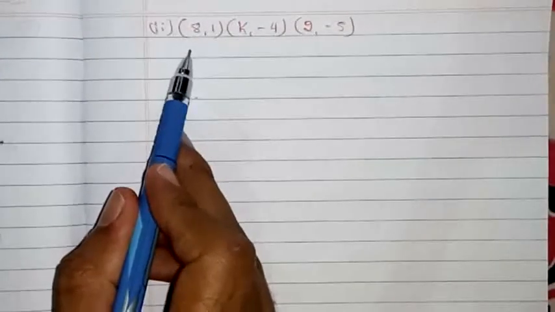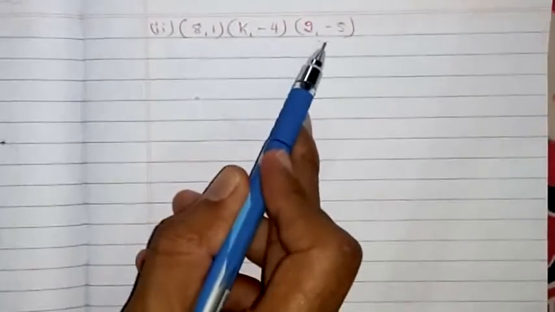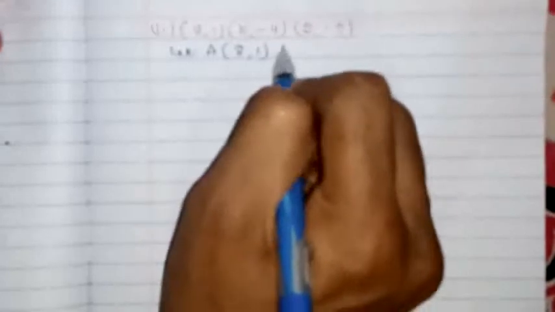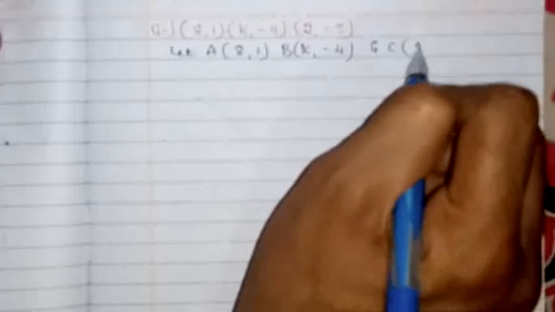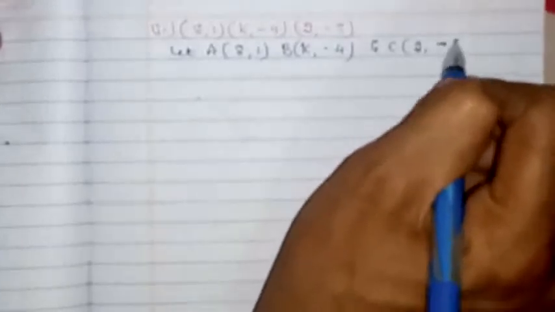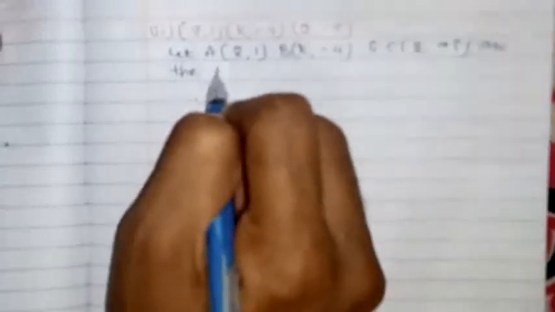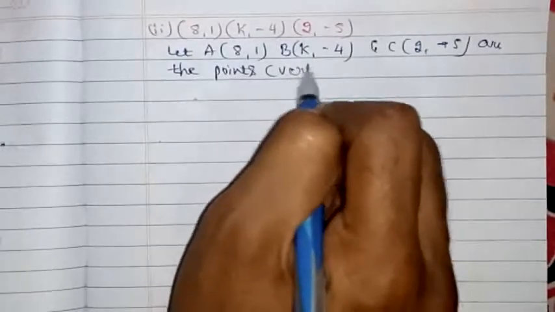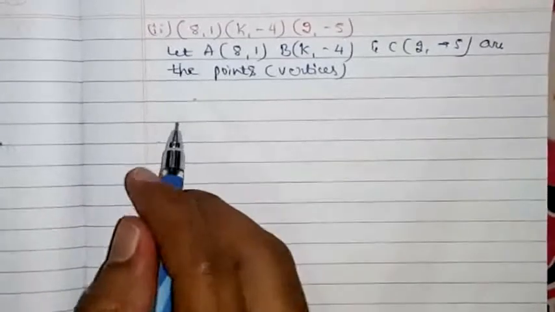Now the second problem is they have given the coordinates (8, 1), (k, -4) and (2, -5). Right? Now let me write, let A(8, 1), B(k, -4) and C(2, -5) are the coordinate points or vertices of a triangle ABC, right? Okay. Now, as per the condition,